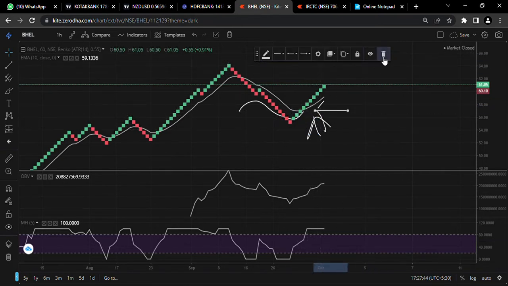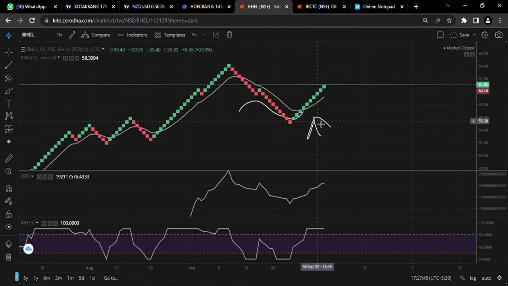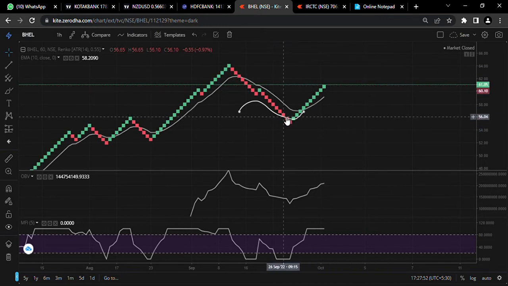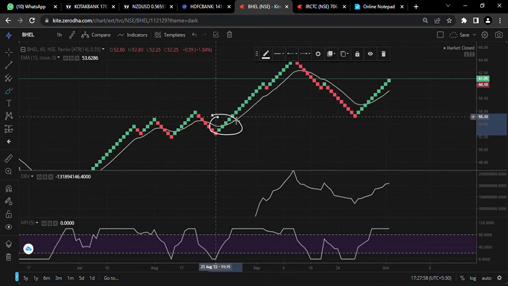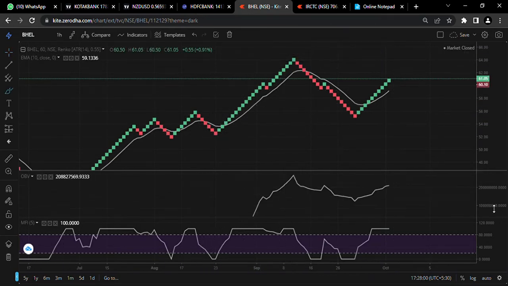So this will be for the buying side. I will show you some more examples for the buying side, and later on we'll be going to the selling side. Okay, so if we look over here,